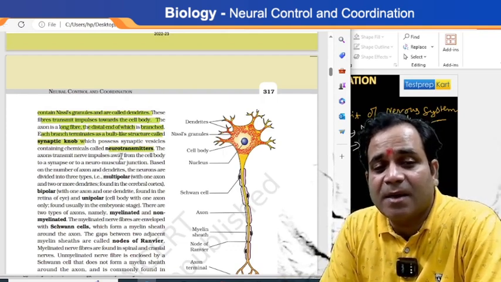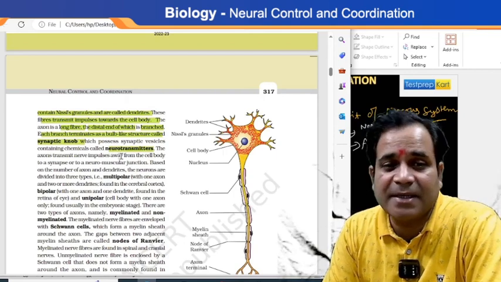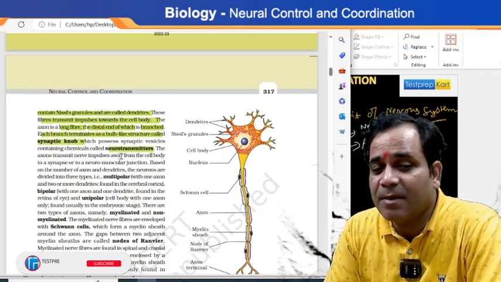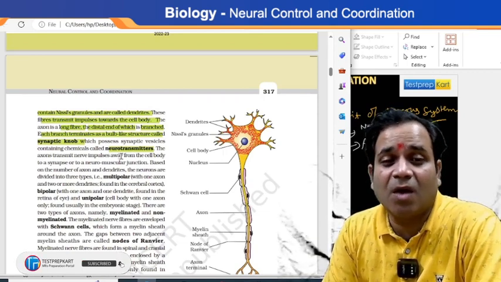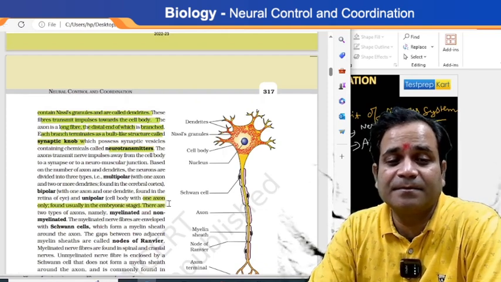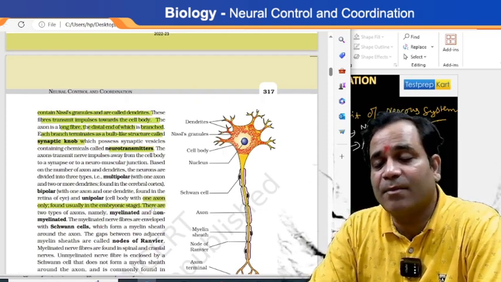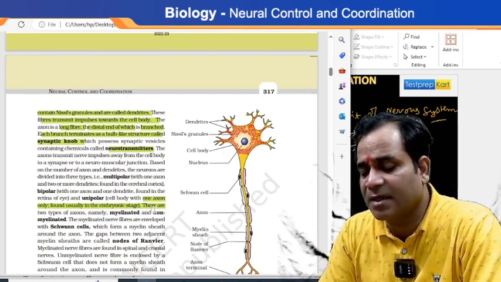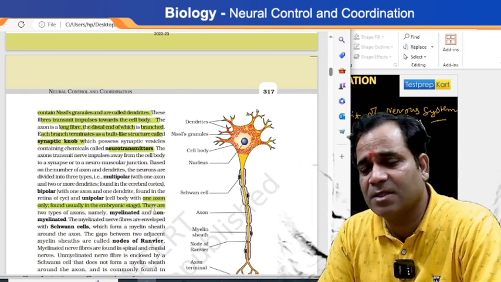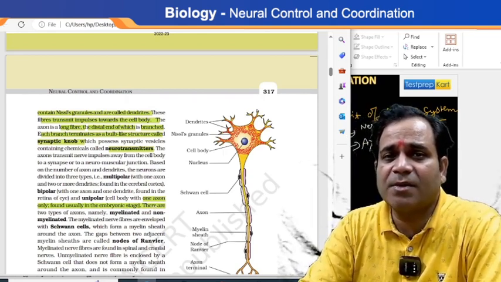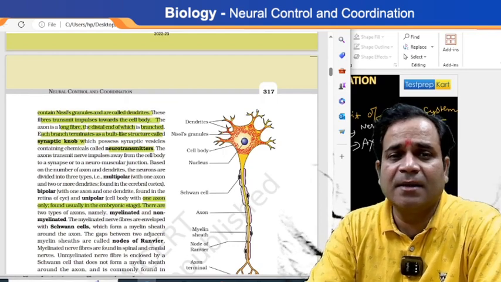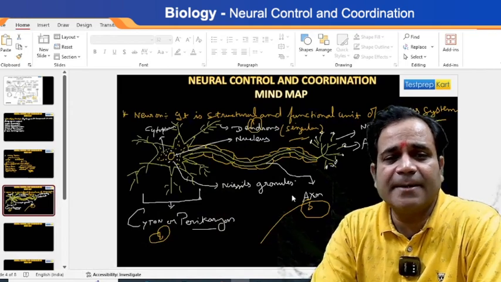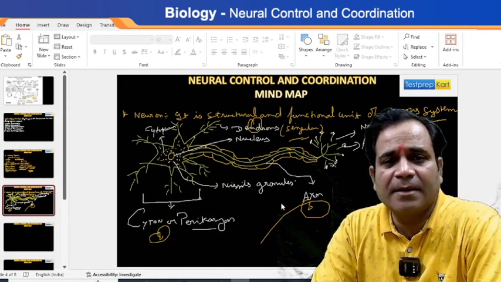Now the neuron may have dendrites, either multipolar, bipolar, or unipolar. This one is the unipolar cell body with only an axon, my dear. Axon only is found usually in the embryonic stage. But all these things we will understand when we take the classes in detail, my dear. Here it is not very important to understand in detail, because in this video, whenever I go into details, then I will tell you. Okay, thing is clear.